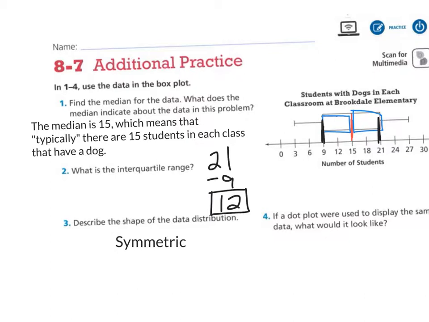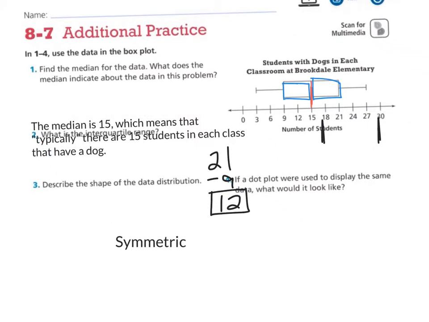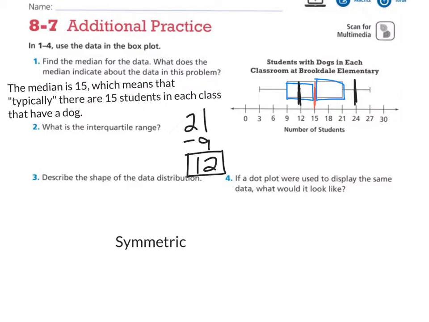Now if you look at number 4, it says if a dot plot were used to display the same data, what would it look like? Initially, just thinking about this, I might think, well, the box plot is symmetric, so my dot plot would have to be symmetric also. And the answer is not necessarily, but I would say it probably should be at least roughly symmetric,